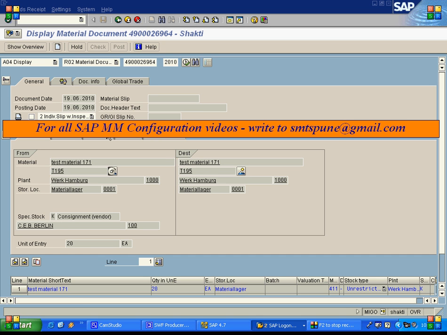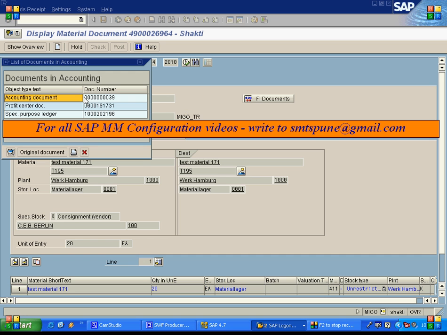And now if you check the accounting document here, if I go to the document info, FI documents, the accounting document is generated, and you can double click and check that. So account posting happens when you pull from the consignment to own. Okay,